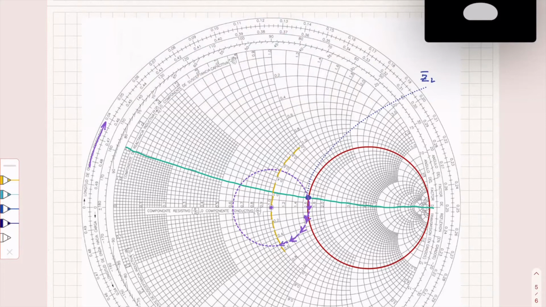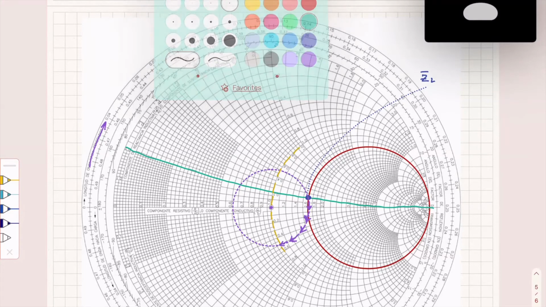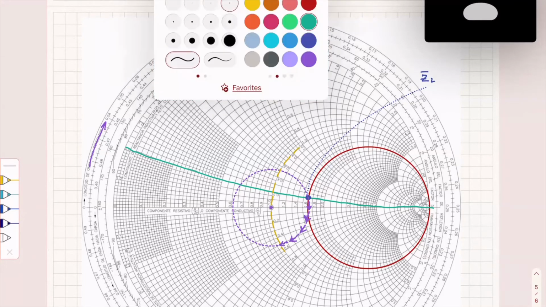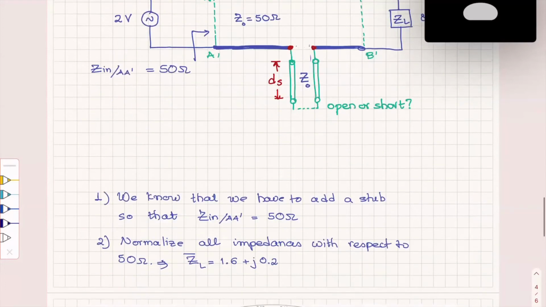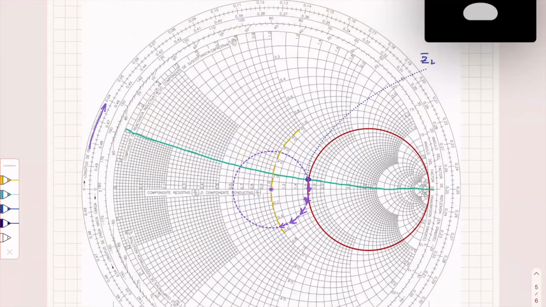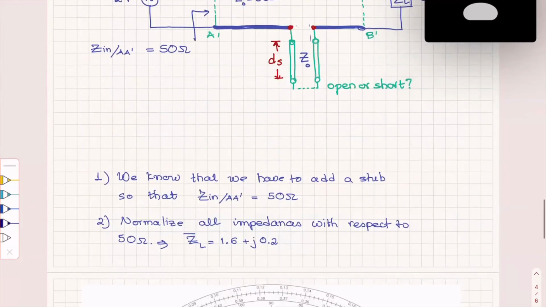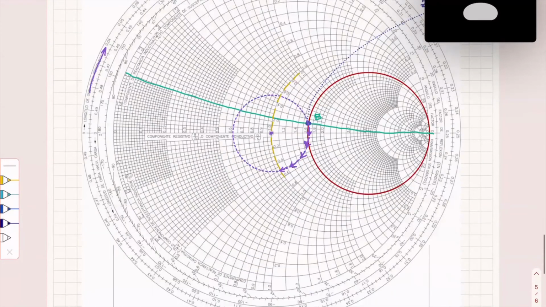So at the point where I place the stub, my resistive part is not gonna change as I'm placing the stub, only the reactive, which means that when I place the stub, if this is point B, and let me call this point C and C prime, and I'm coming to point here C,